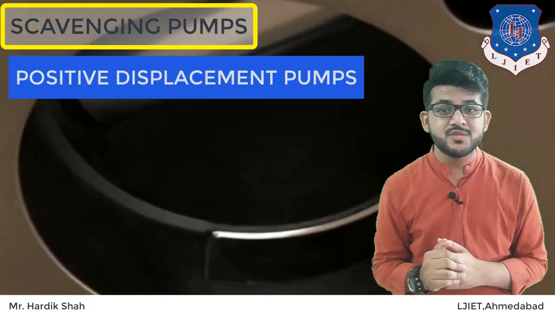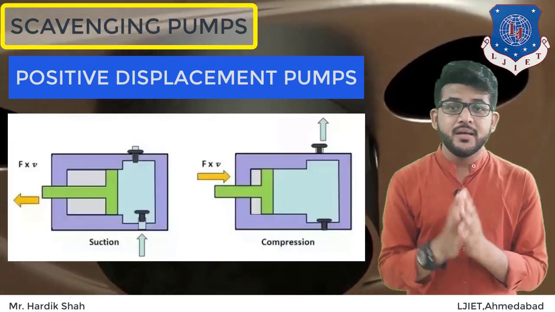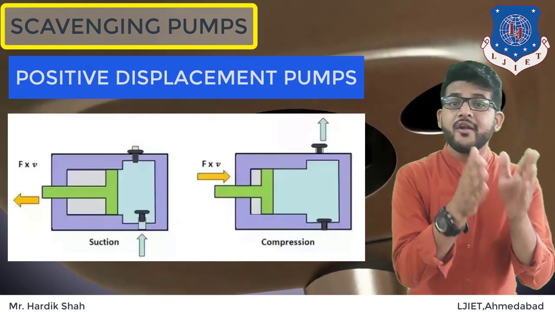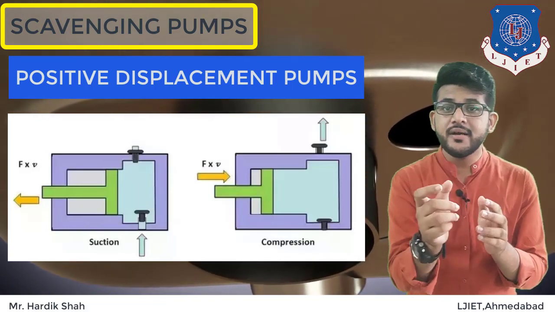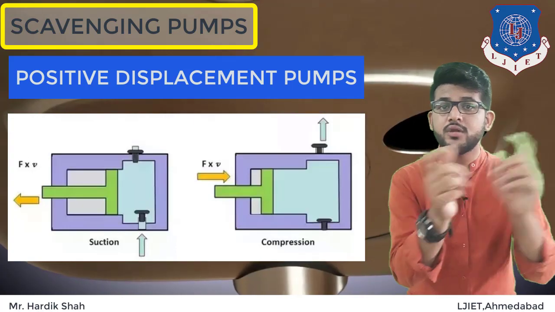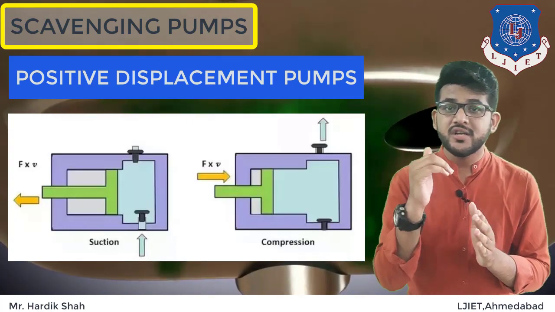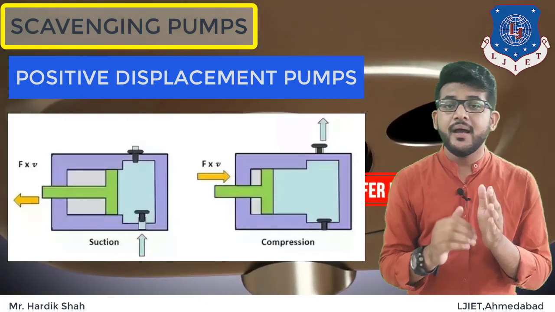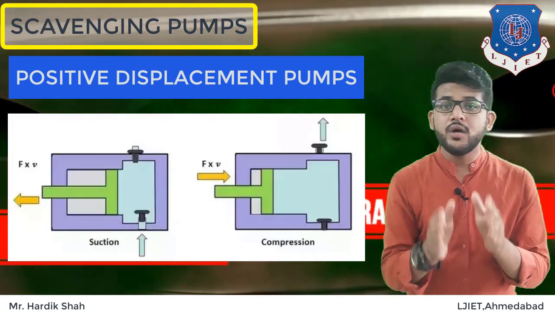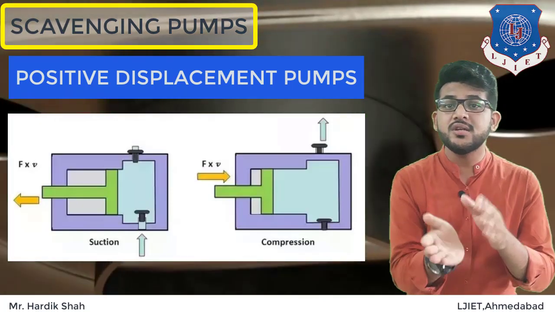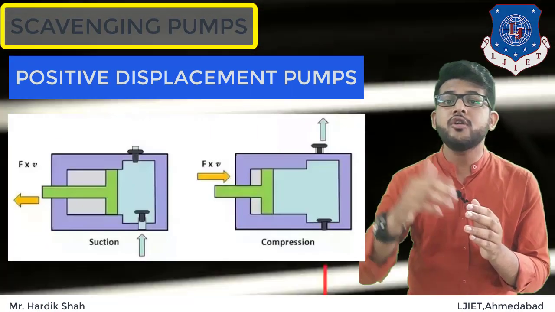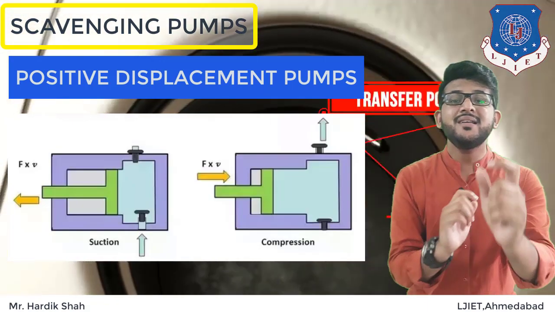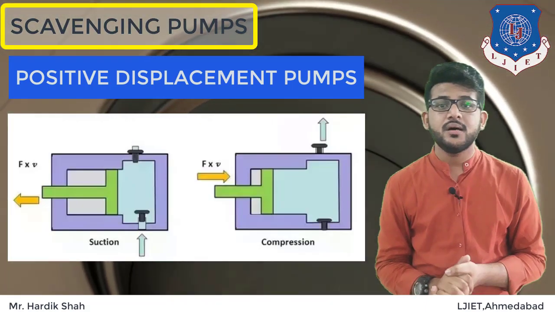Now what is a positive displacement pump? It works in this way. The positive displacement pump makes a fluid, or you can say fuel, move by trapping a fixed amount and forcing the volume into the discharge pipe. It uses an expanding cavity on the suction side and a decreasing cavity on the discharge side. So fuel flows into the pump as the cavity on the suction side expands, and the fuel flows out of the discharge as the cavity collapses. Okay, so the volume is constant through each cycle of operation. That is a requirement of this.